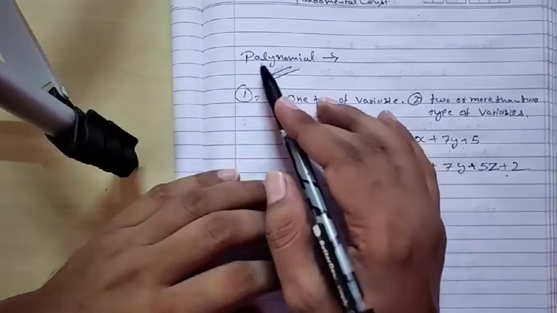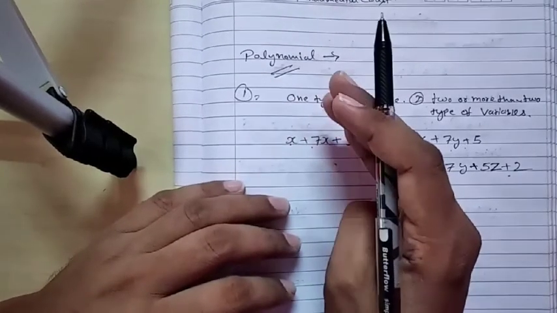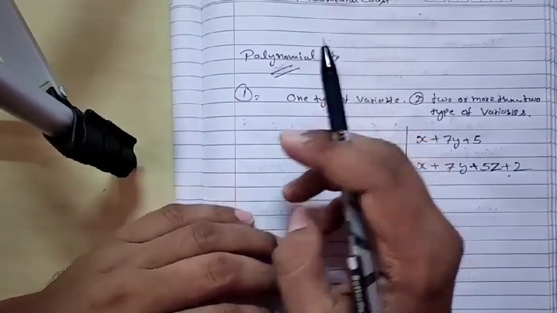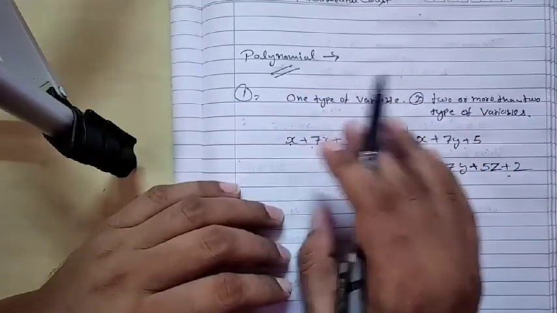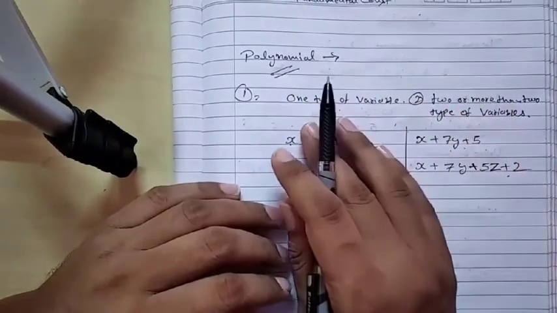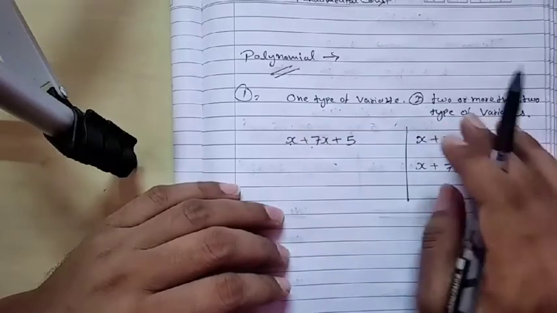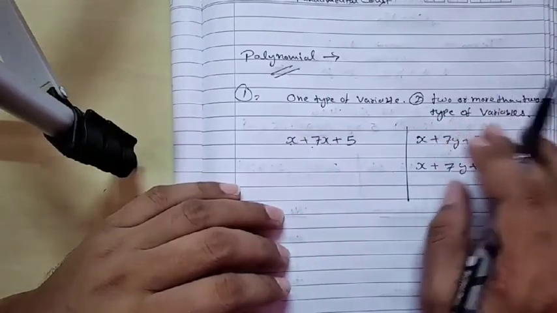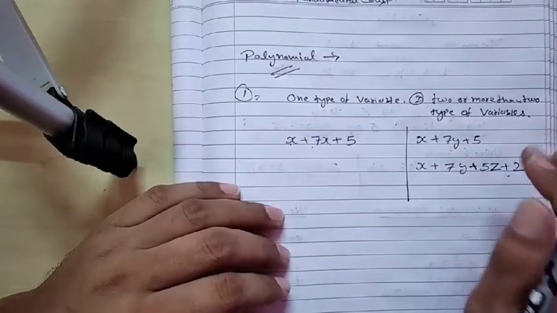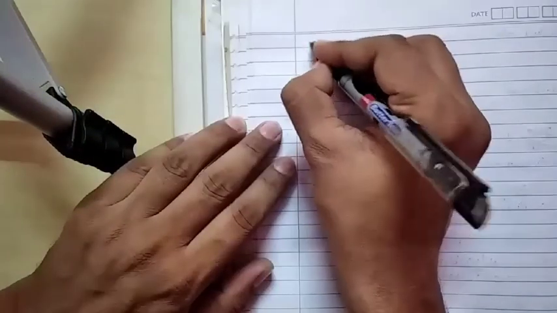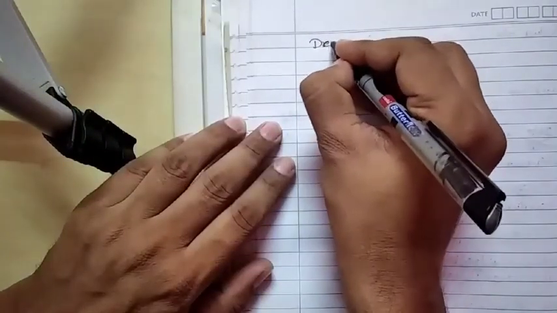So I told you the polynomial means the monomial, binomial, trinomial and multinomial, all are polynomials, and there are two types of polynomial, one type of variable polynomial and two or more than two types of variable polynomial. Got it? Now I will tell you the degree